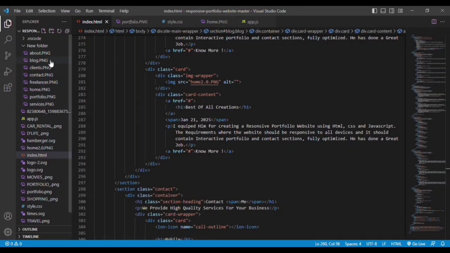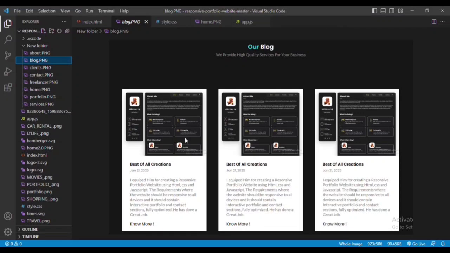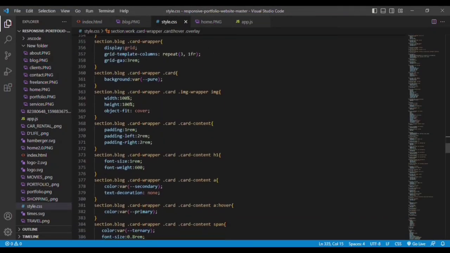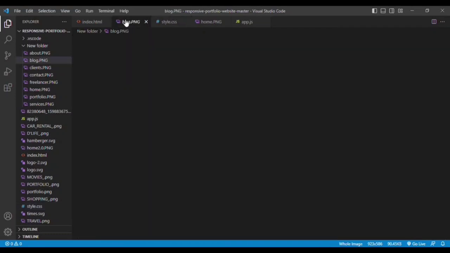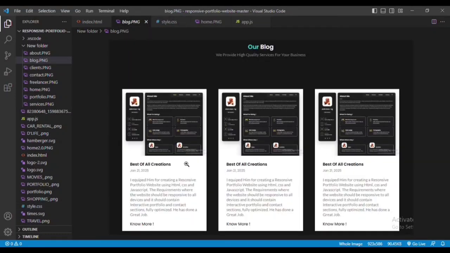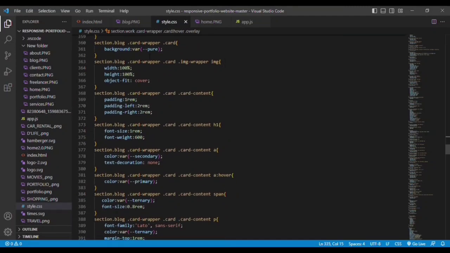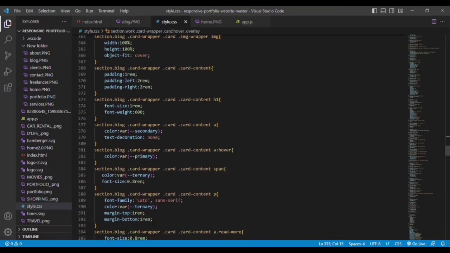You can see I'm having 3 div values here, and because I'm adding section heading, our logo has been added exactly at the center of the page. So this card wrapper, you can see display grid, template columns repeat 3, 1fr. So we are going to have 3 aligned exactly in the row format, one after another. And you can see here that for the image we are giving height, width is given, object fit is cover,